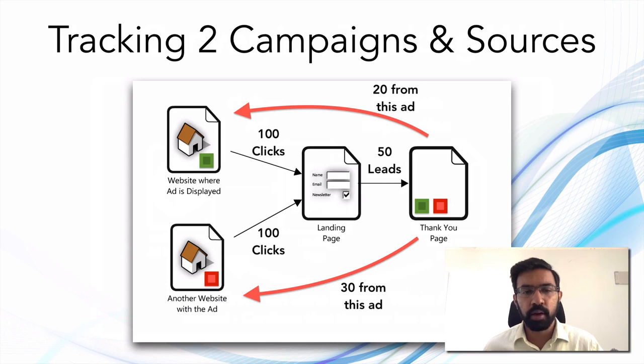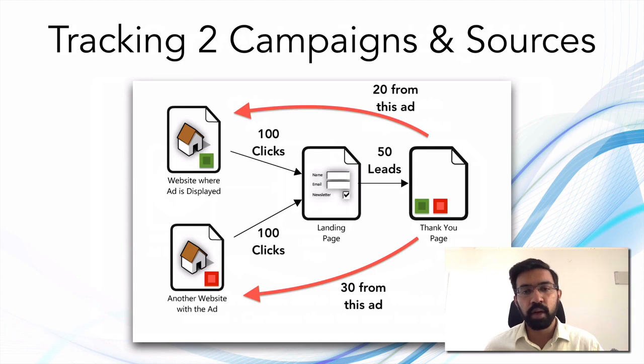Let us look at the second ad, which is marked in red here. When 100 clicks come to this landing page, let's say since the quality of traffic is better from this particular campaign or from this particular source, 30 people are converting into a lead from this page. Even though you have driven 200 clicks and 50 leads, if you don't have conversion tracking, you will only know that you have generated 50 leads from 200 clicks, but you will not know which particular website or which particular campaign is performing better. So without knowing that, you will not be able to scale up.